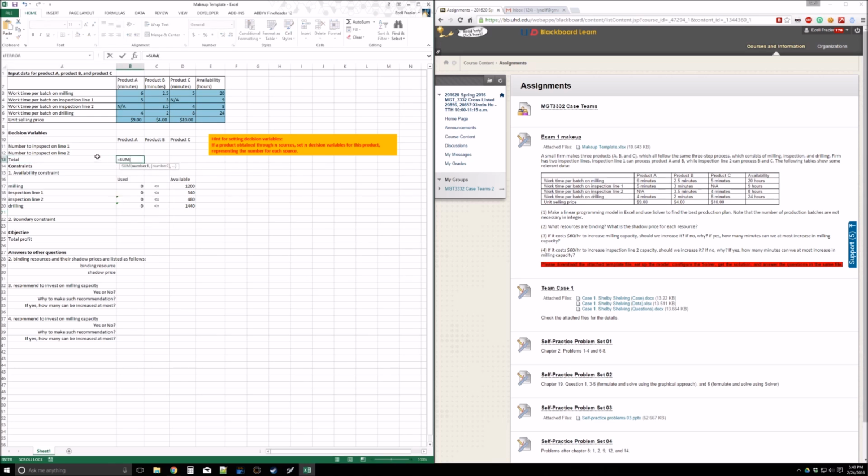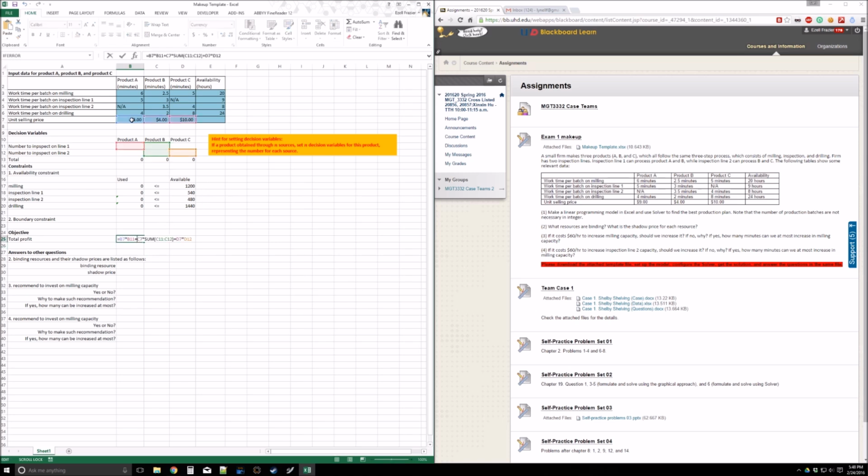Now you see it's just a total of product A and product B. You could manually just multiply the same way we did with milling and then both of the testing lines. And as you can see, I'm just copying and pasting down below the same formula for milling into the profit. And you just want to drag those all the way down, so that way you're multiplying the profit